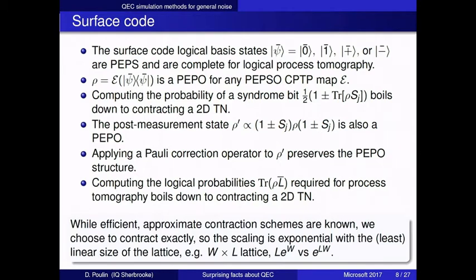And therefore, we were able to simulate surface codes with hundreds of qubits, which would not be possible without these tensor network techniques. Okay, so I think the biggest lattice we did was rectangular, maybe 10 by 15 or something like this. There's no way you could do this by brute force, but using tensor networks, this was not a problem. So there are no numerical errors in these simulations.